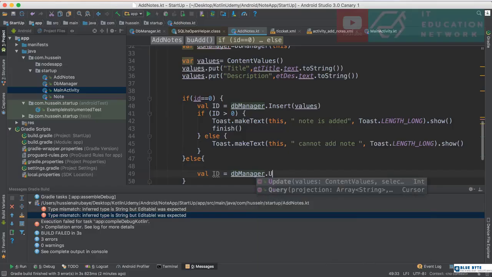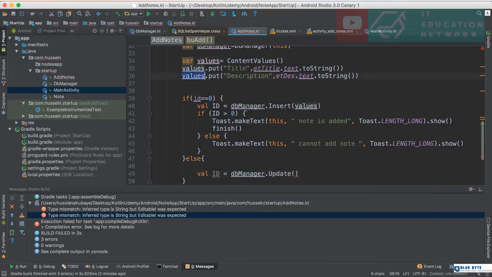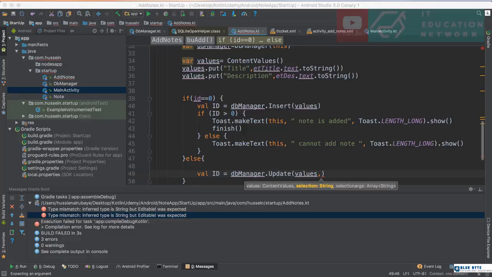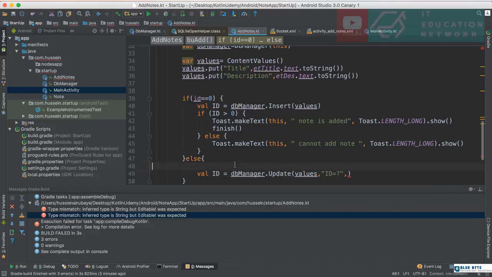Okay. The update takes a number of parameters. The first one is the values that we have already. The second one is the information about which row I want to update, so it will understand the selection. I say, hey, I want it according to the ID equal to this one, and I pass here the array. I have to define my selection array. I say variable selection